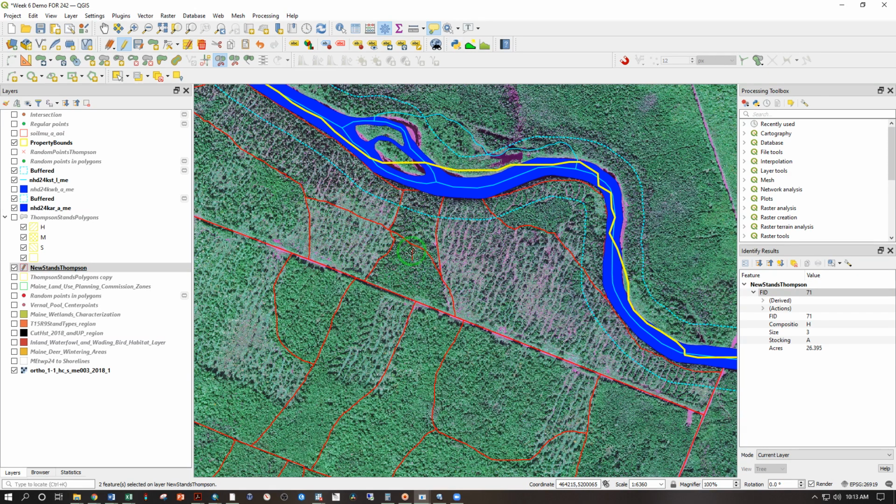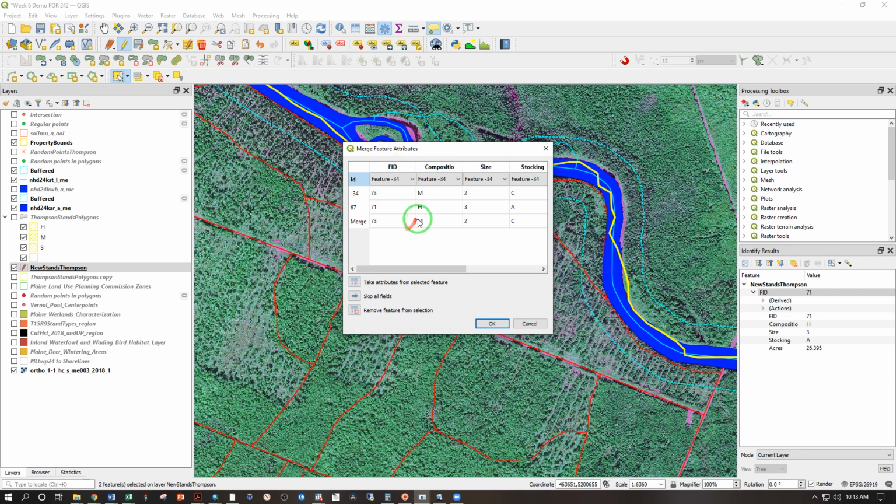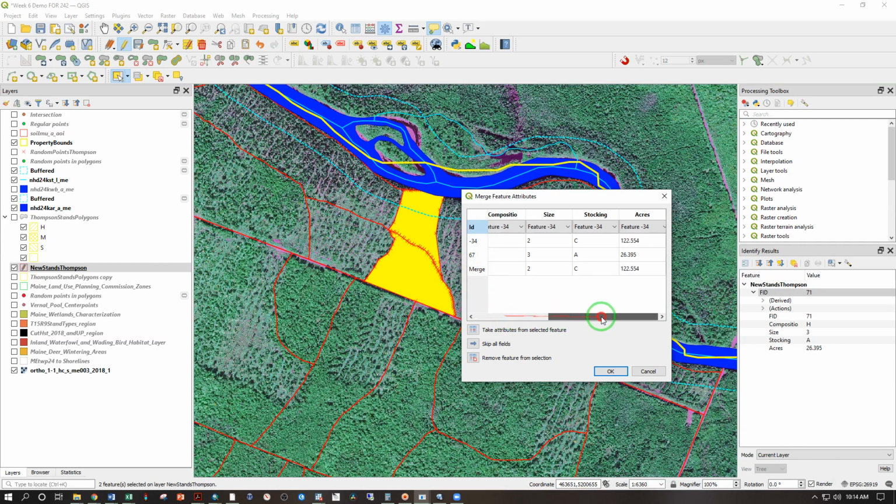Now I'm going to combine these two, which I can do by selecting them both. Merge the features selected. I'm going to have to accept these attributes for now, but this 122 acres is not from that. That is the number we calculated for this whole stand, not for this little part of it, but it still kept that same attribute because it's just a piece of text stored in that table. So what I'm going to do is mark this so I don't mistakenly use it later, and I'm going to use 9,999, which is bigger than any stand I have and will stand out if I'm ever scrolling through the